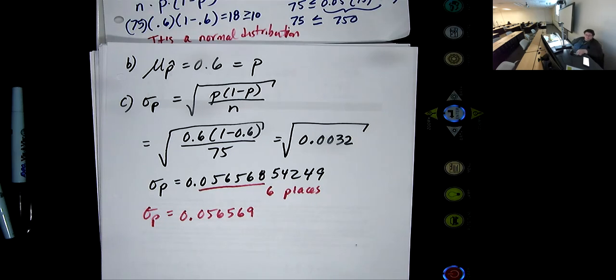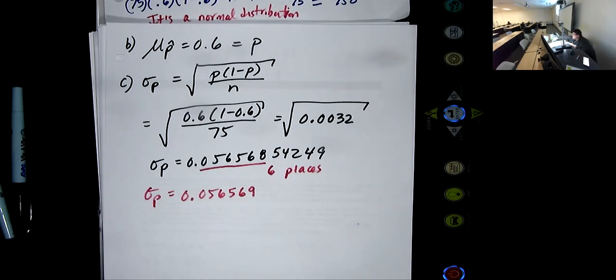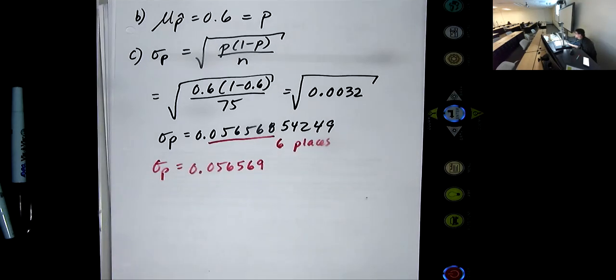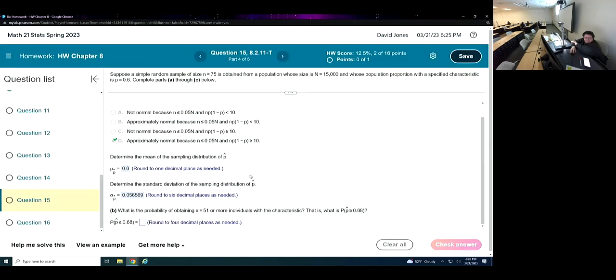Oh, this is all still part A. Look at these tricky ones. These are some tricky ones right here. There are like 30 something questions in Chapter 8. Or is it more? I'll check in a second. I don't think so. I want to say it was under 20.